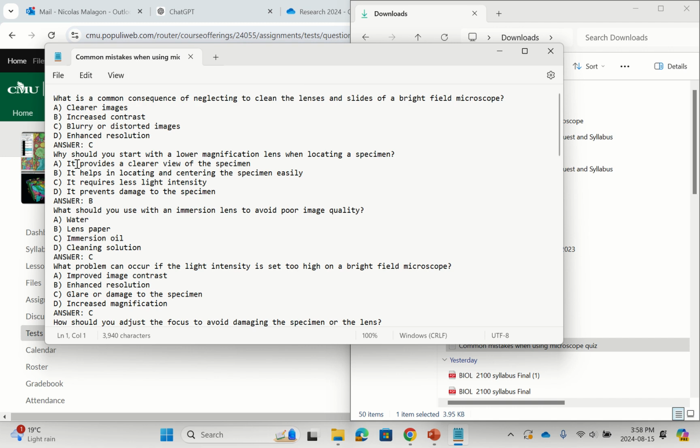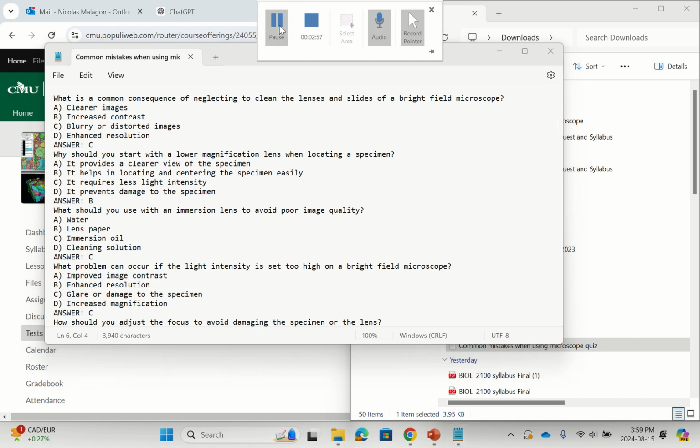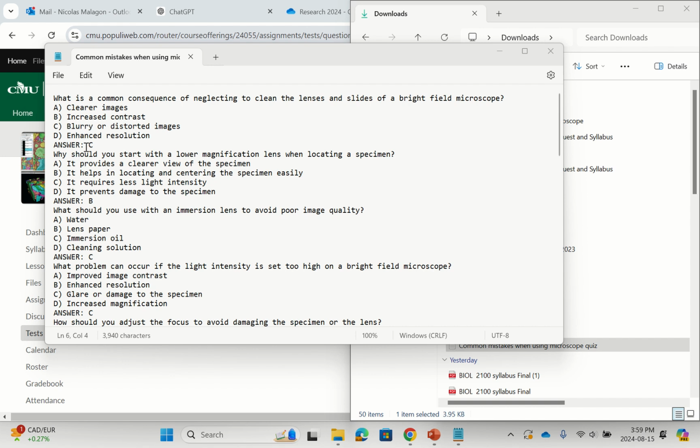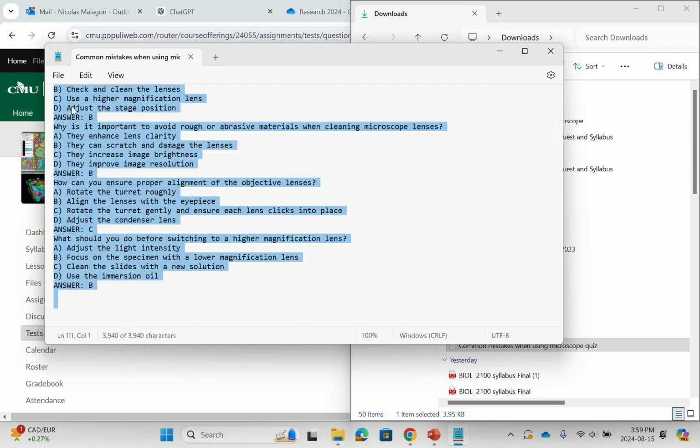But imagine that you have the answer in lowercase, and you have to change the answers one by one. That will take you a long time. So you can replace here. There are different tools, and if this was in lowercase, you might have to change it manually, there's no problem. The problem is when you have too many questions. So one thing that you can do is just Control A, you highlight all the text, and you go to,